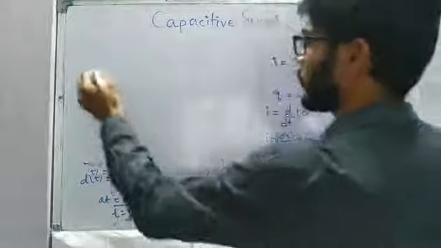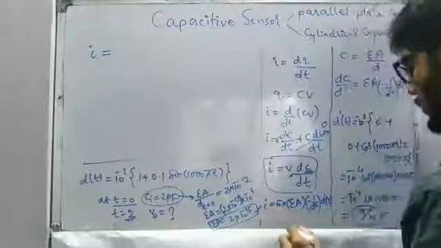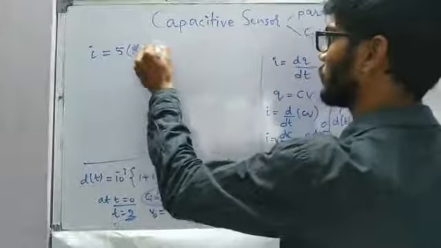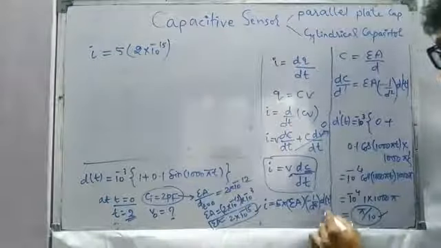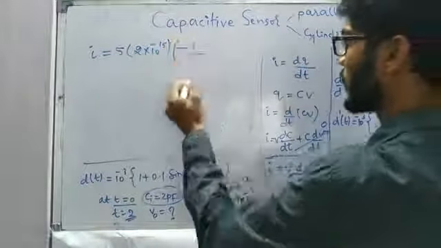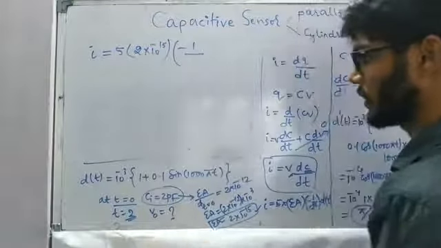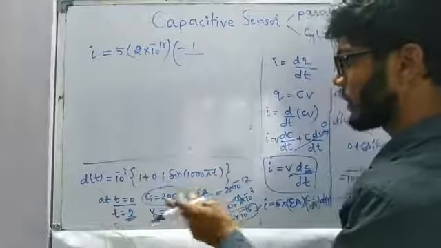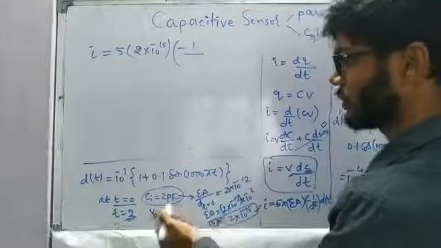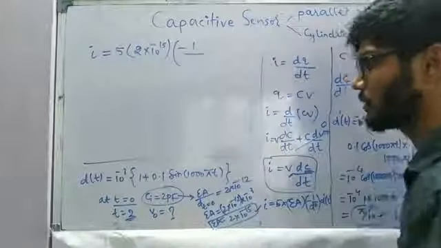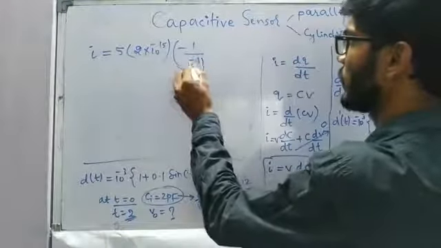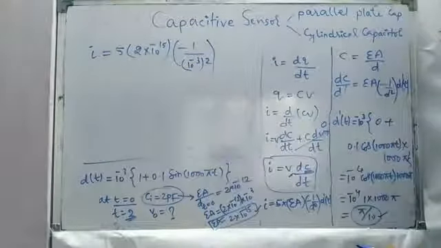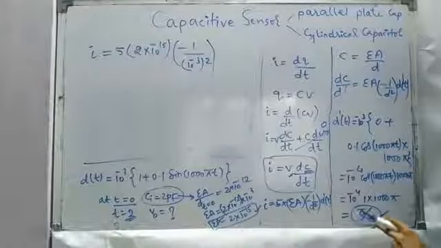So making use of all the values we have calculated, I is going to be 5 into epsilon A, which is equal to 2 into 10 to the power minus 15, and minus 1 by d square. d at t equal to 2 we have to calculate first. So we have to put t equal to 2 here. So sine 2000 pi again is going to become 0. So 10 to the power minus 3 as in the case of t equal to 0. So this is 10 to the power minus 3 whole square, and d dash of t at t equal to 2 is pi by 10.